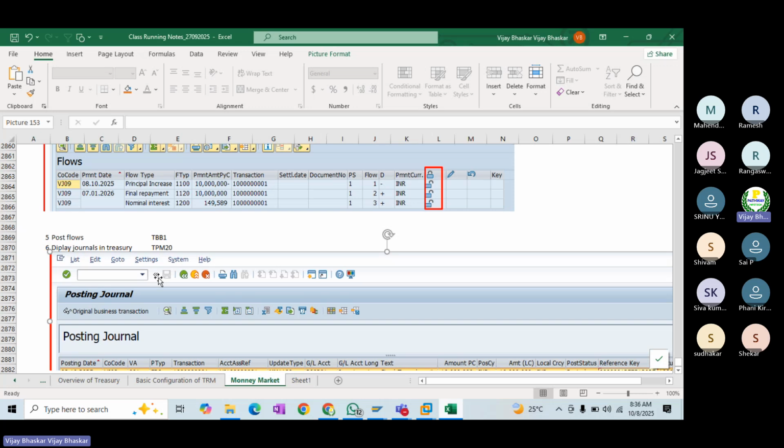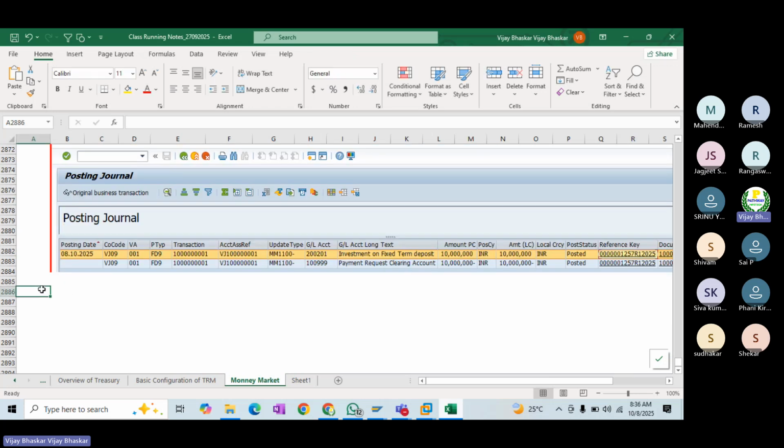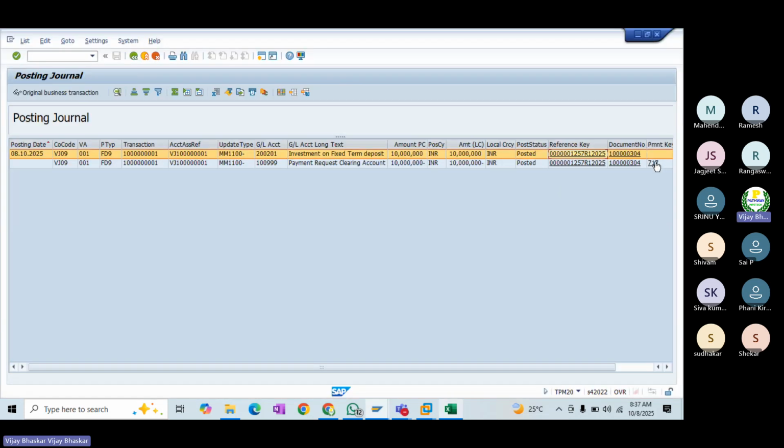Now the payment request 717, display payment request. F8BT is the transaction code where you can display that one. Either you can double click and it will redirect, but I do not want to go that way. Go to F8BT.